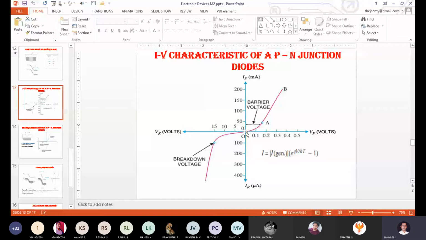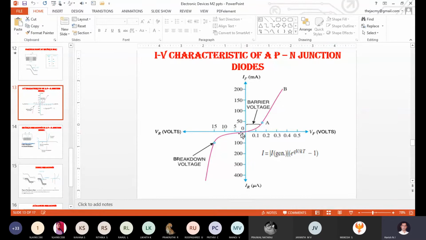Correct? So in one numerical we calculated, out of 40,000 electrons, there are holes. Correct? So now 100 electrons and 200 electrons are taken, and probably the minority charge carrier value will be very small, right? That is in terms of 10 to the power of minus 5, something like that. Correct? So in such a situation, minority charge carrier values are very small. Obviously, the current constituted by minority charge carriers will also be small.